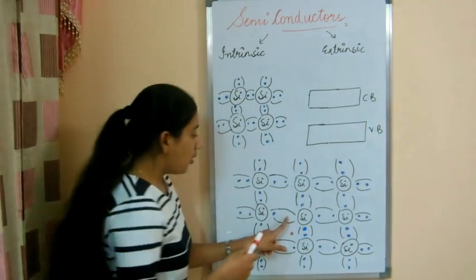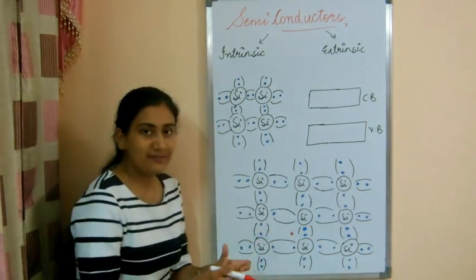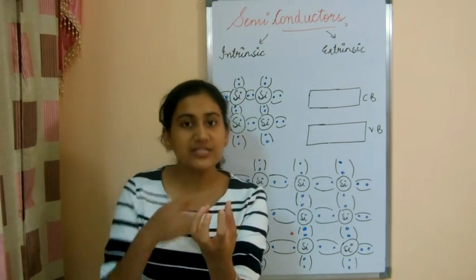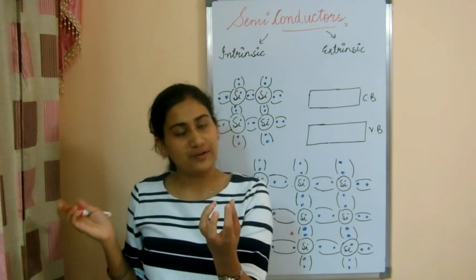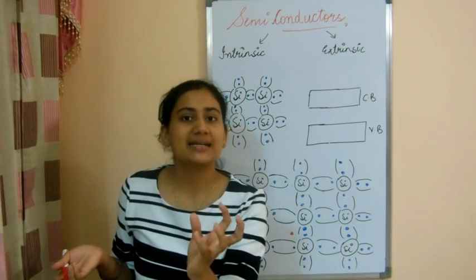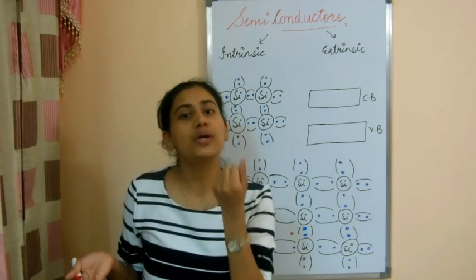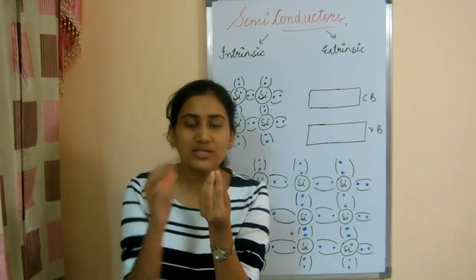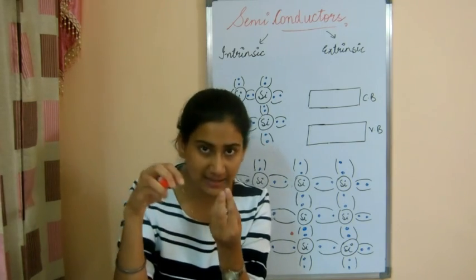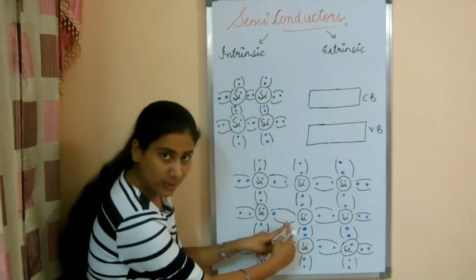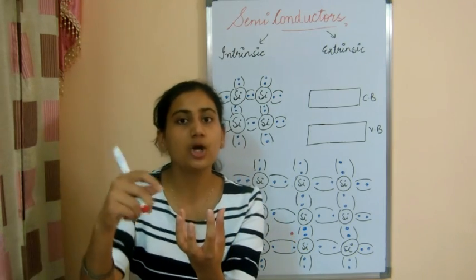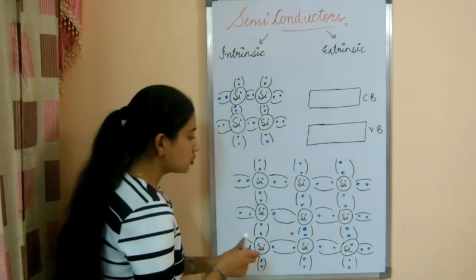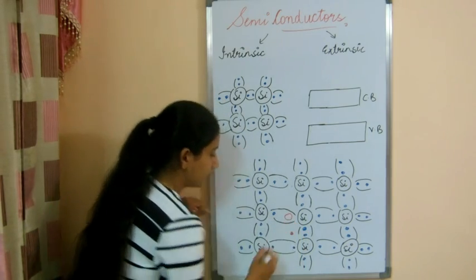So this hole is actually, we can consider it as an atom which had 8 electrons around it. Now 1 electron has moved away. So what happens? This atom has a tendency to gain an electron. So a hole is not a specific space in the atom. Here we are showing it as a space, but actually it is an atom which can accommodate 1 electron. So if I represent hole here, now